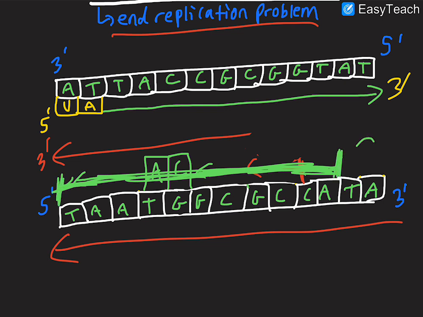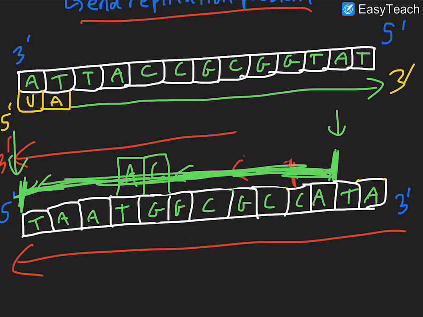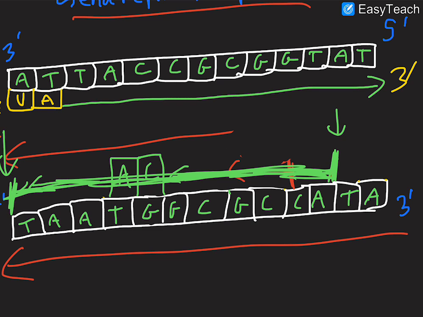When we took out the primer here, there was no 3' end where DNA polymerase 1 could locate, so we could not replicate these two nucleotides at the end of the DNA. So the strand is now shortened, from here to here. If that keeps on happening with each time the cell divides, you're going to keep on shortening the end of your chromosomes. And that's why you have telomeres at the end of your chromosomes, which help